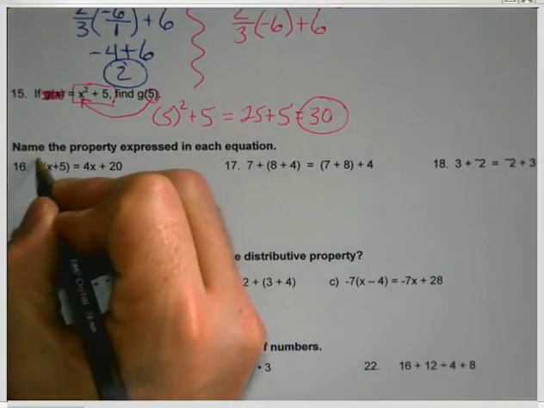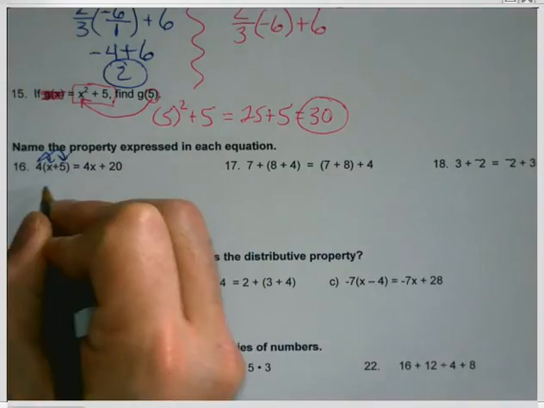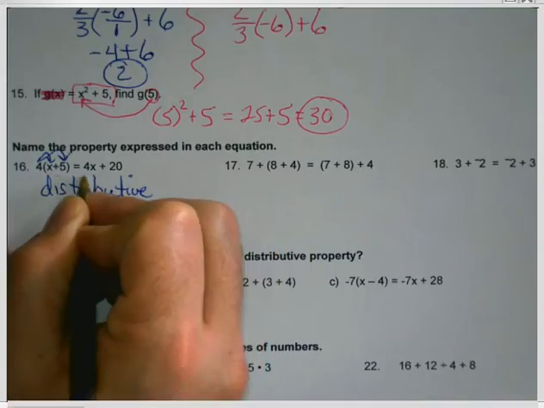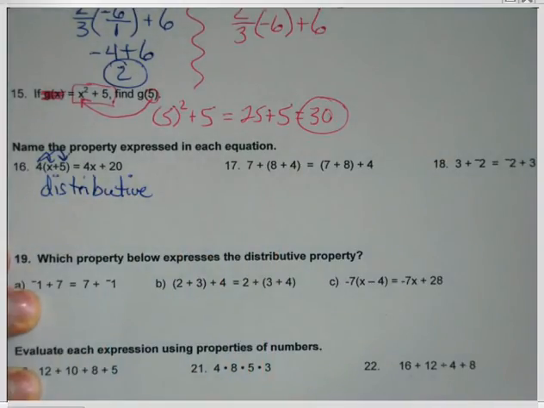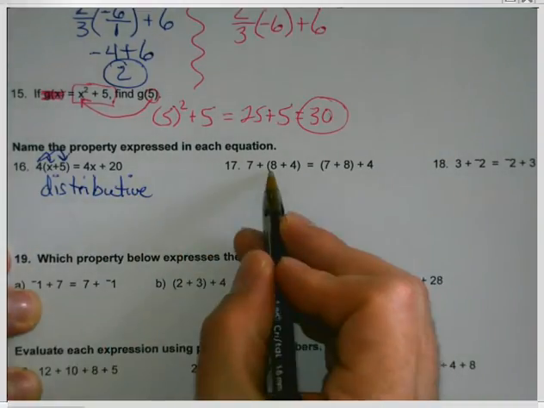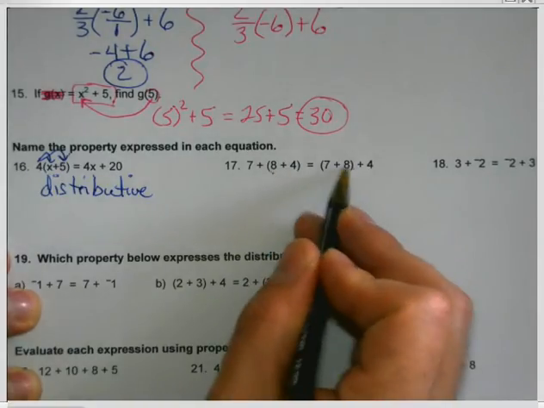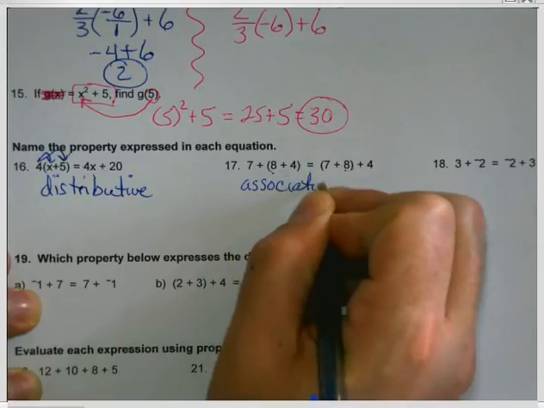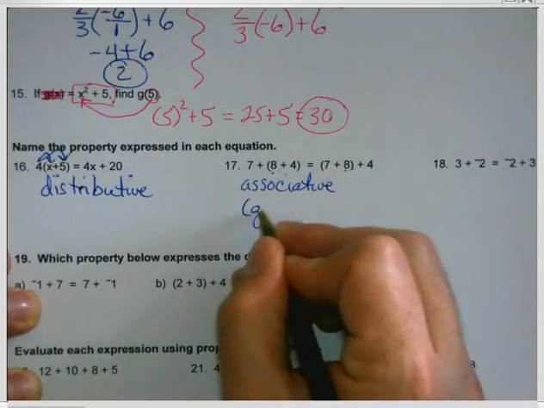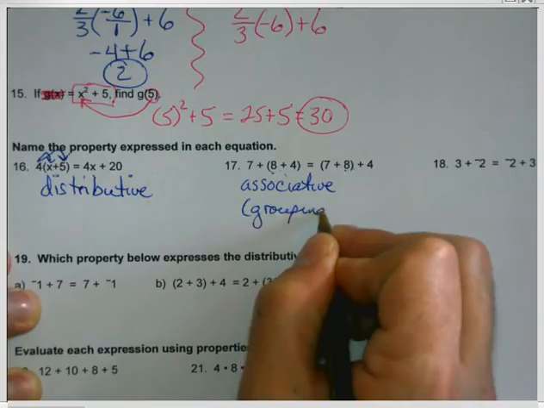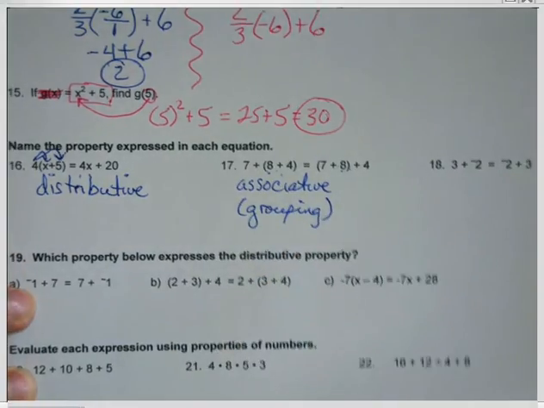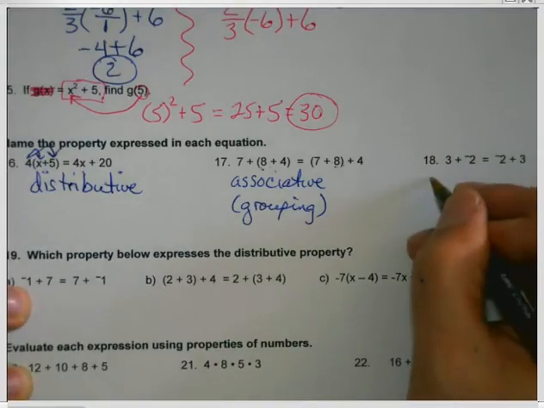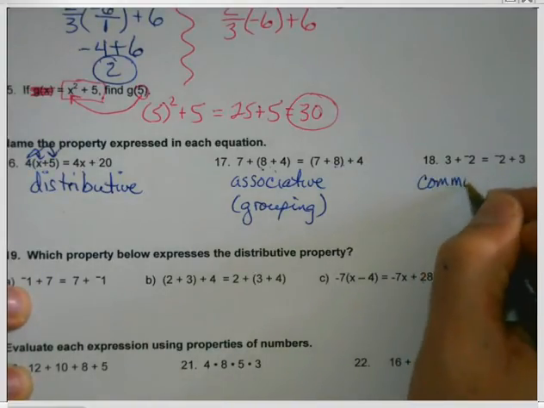The one I would hope you'd be okay with is where you distribute, just like we've done before. So the distributive property. The one where you see parentheses, where the grouping is different, is called associative. Now, if you just want to put like ASSOC, that's fine. But that's the grouping one. I can't put grouping, but it might help me remember which one it is. And the one where order changes is commutative. And if you just wanted to put COMM,